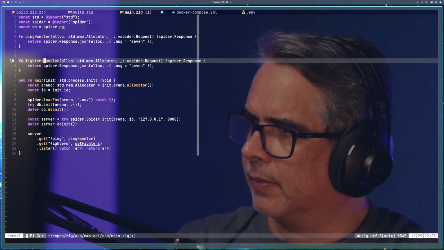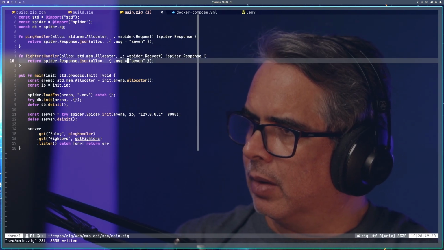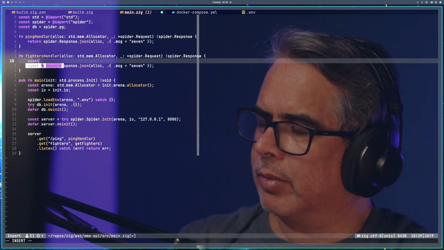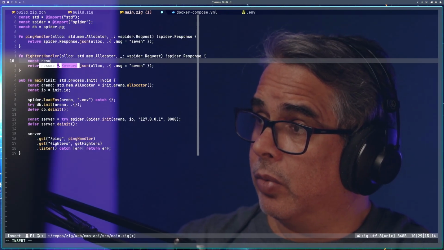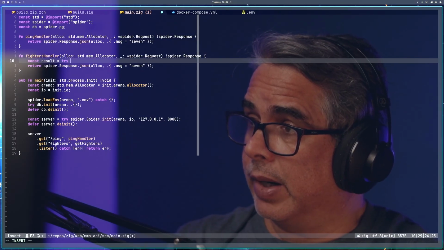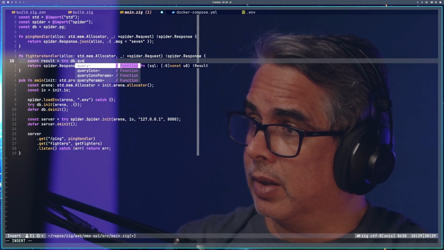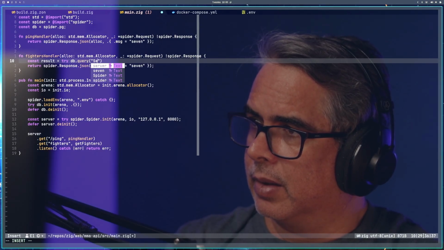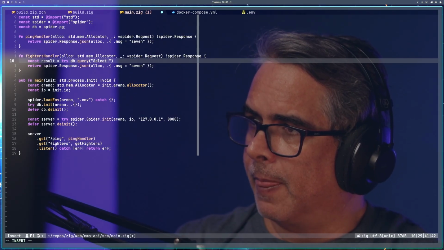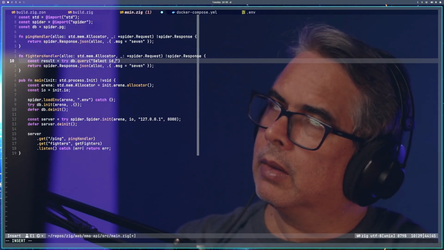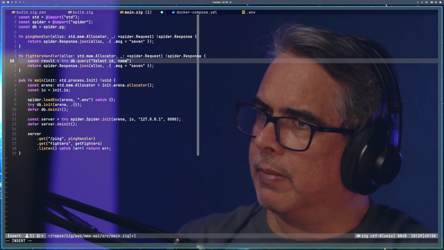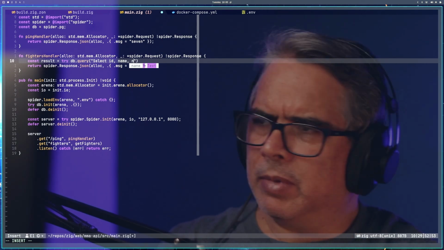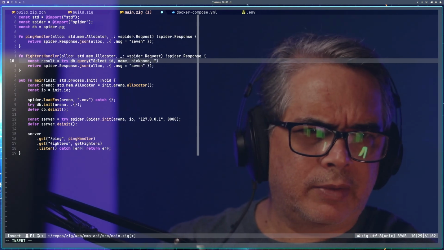Fighters handler. It's this here. We need to connect to the database. I'm not sure if where result is equal try db.query. Select id, name, nickname, division,